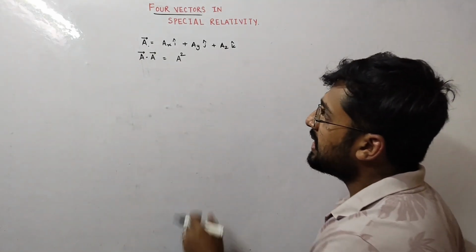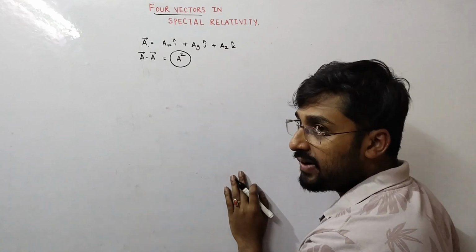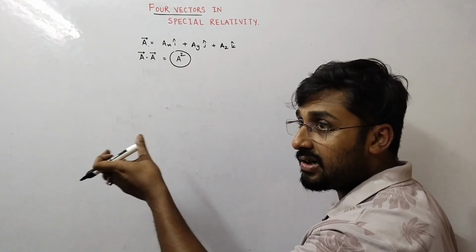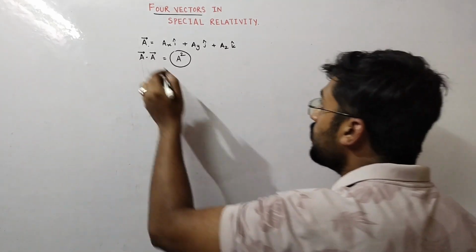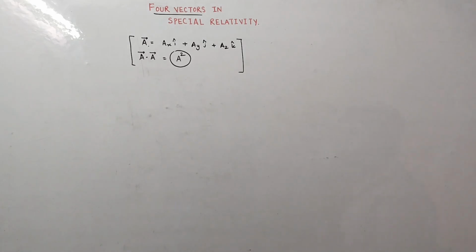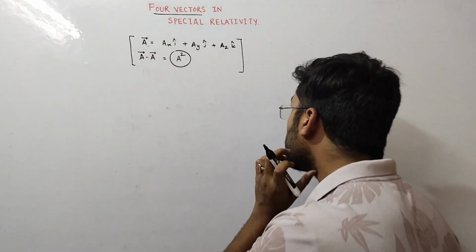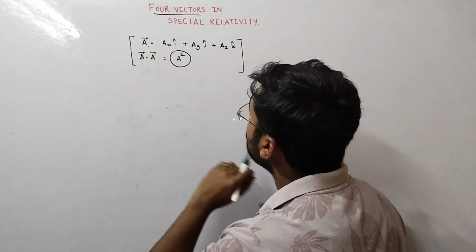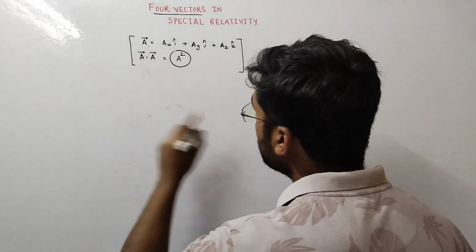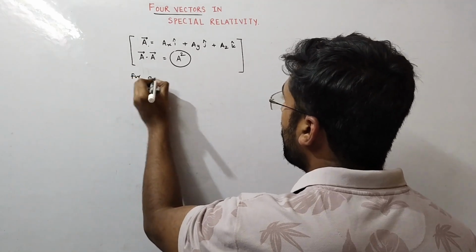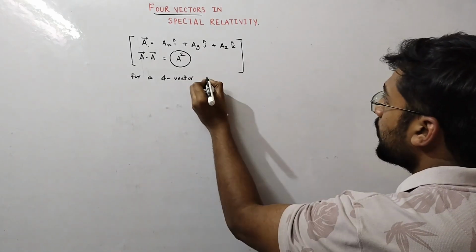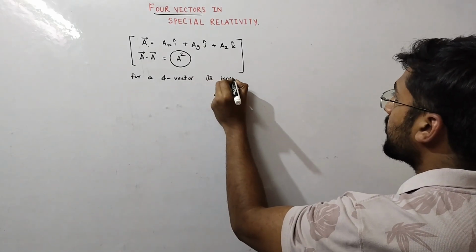So now you see that this A square is a constant value. If A is a vector, the magnitude of a given vector is constant. So if I use this idea and try to understand what the inner product of a 4 vector means, what will I do? Let's suppose, for a 4 vector, its inner product